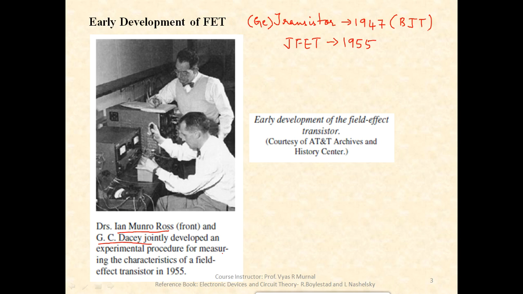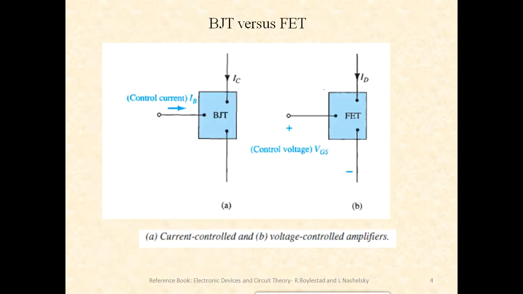Once the first JFET was invented, people noted the various important characteristics and the advantages of JFETs when compared to BJTs. So JFET became very popular very quickly, and then it was followed by the MOSFETs. Today's VLSI industry, today's electronics is completely ruled by MOSFETs. Moving forward, let us understand the difference between a BJT and a FET.